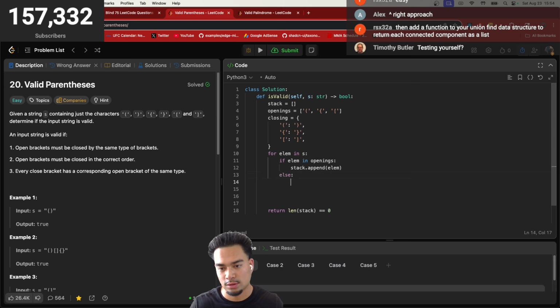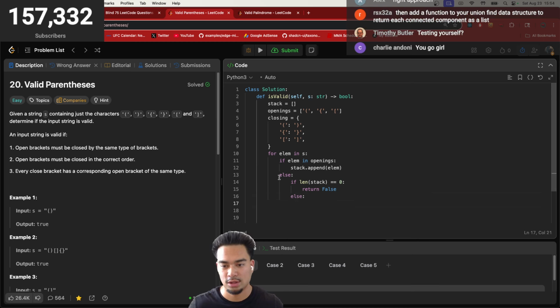Else, if it's a closing, if stack, if length of stack equals 0, return false. Else, what we're gonna do,